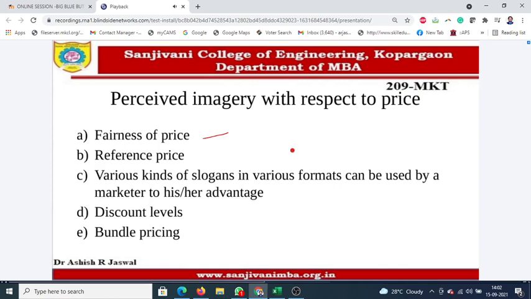Why do you want to differentiate a consumer on prices when the costs involved in procuring or manufacturing the product are the same? Why do you want to keep different prices for senior citizens, for women, for adults? Why do you want to create a different price? And what is going to happen is, this perception of fairness of price